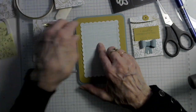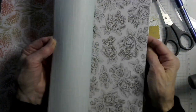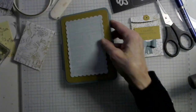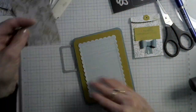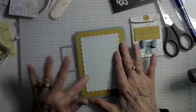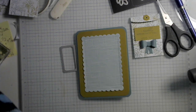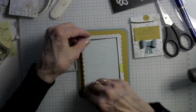And I used some of the other paper that I didn't show you what all was in here. Got some really pretty, I love that one, and that's the piece I used for the front. But I wanted to stay with the theme of the scalloped edge. And I was looking at my dies, and I pulled out the deckled, which are, if you've seen those dies, a little rough around the edges, so it's not the one that I thought would do the best. The one that I picked for this